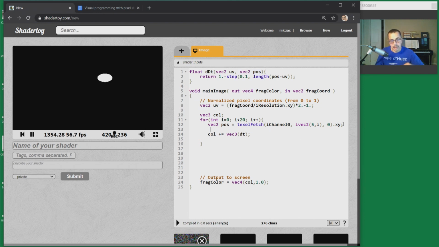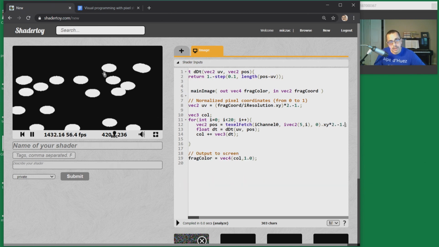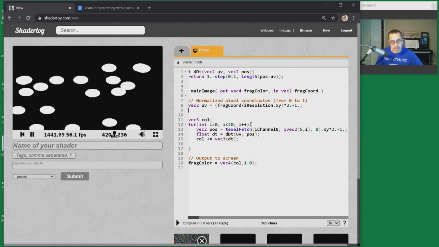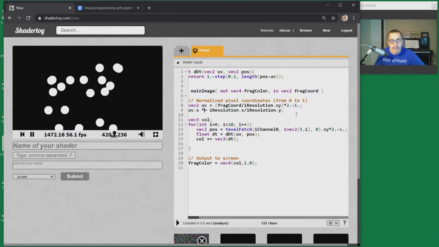So here I can just add dt equals my function dt, with the UV and my pos. So I can see how these are not perfect circles. So I can actually just multiply and equal to this to adjust the ratio based on the window coordinates. So that's the first step